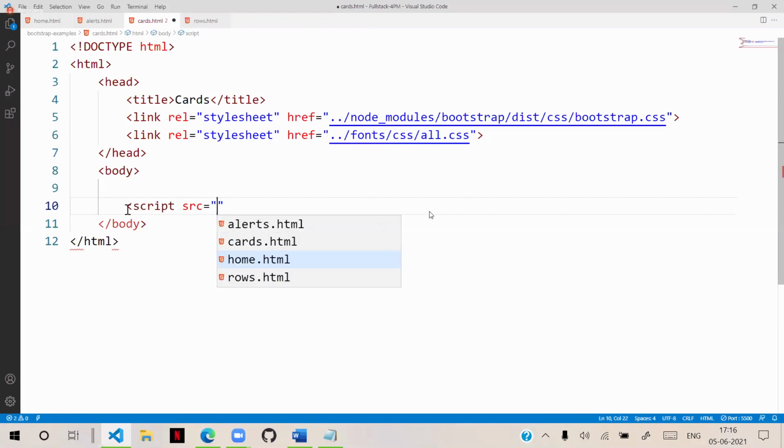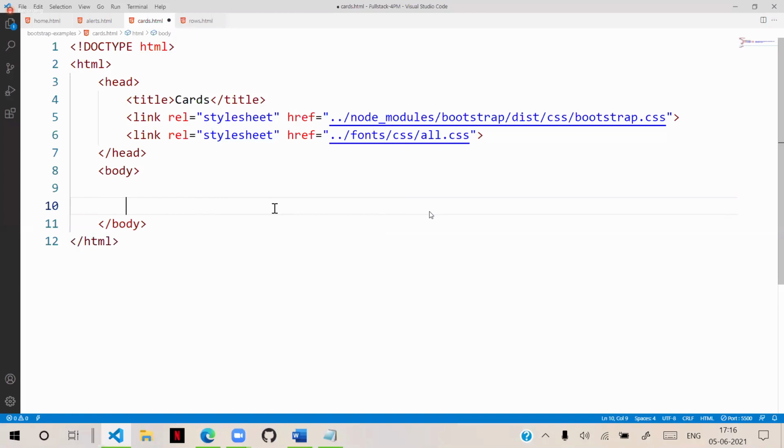Cards don't need a script actually. Without script also cards work, because a card is not having any interaction. It is having only presentation. That's the reason cards can be designed and defined without buttons also. Buttons also aren't required, so unless you write data-bs-close or data-bs-target, CSS is enough.